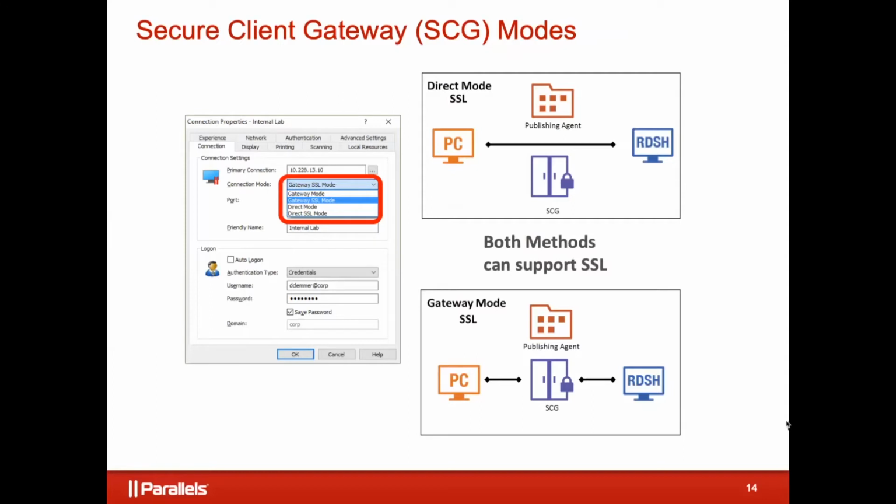So when they're in the office, it would try their primary connection and it would work because it's set up that way. They go home and the primary connection would fail, but RAS automatically would attempt the secondary connection, and then the users would connect seamlessly without having to use a VPN. So they don't have to keep configuring and changing the connection properties on their client. You set it up once and it works no matter where they are. That's really what that secondary connection button is for. Okay, let's move on here.